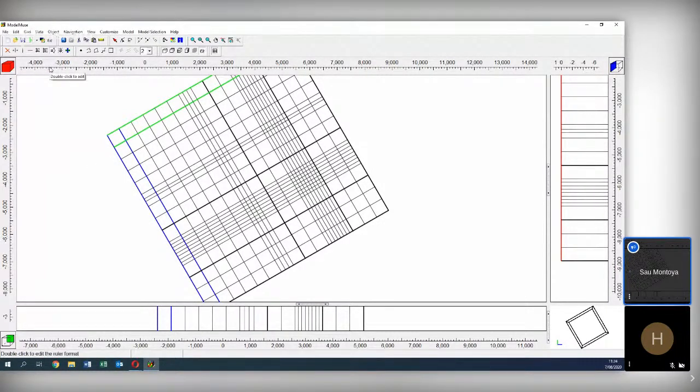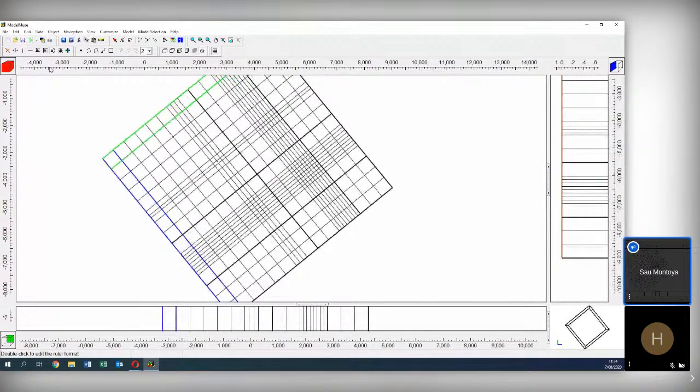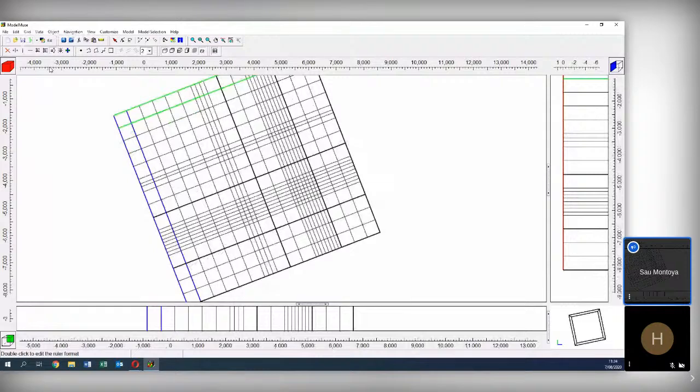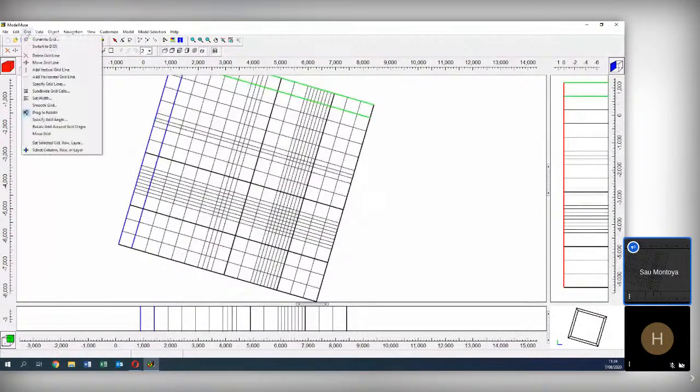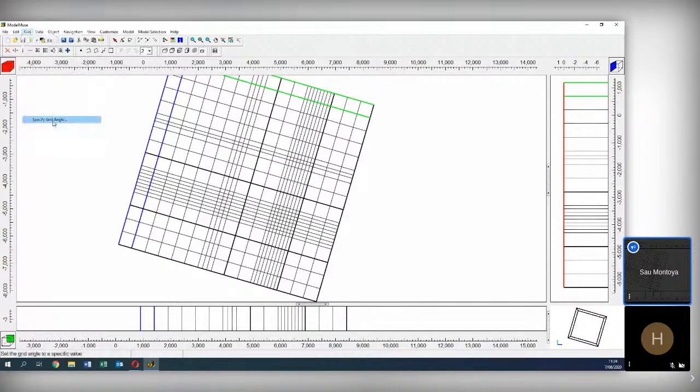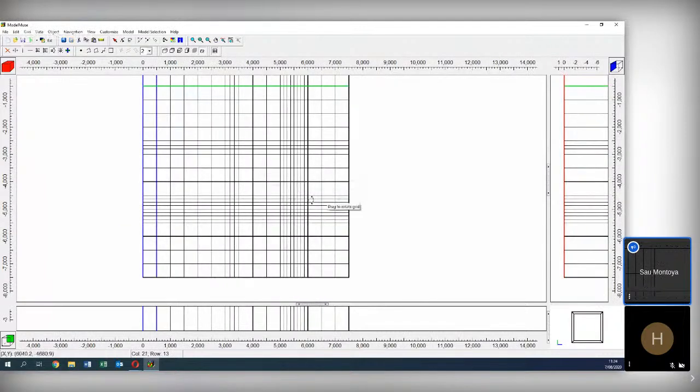Okay, I will explain again this topic of the rotation. Zero. Okay, this is an unrotated grid.